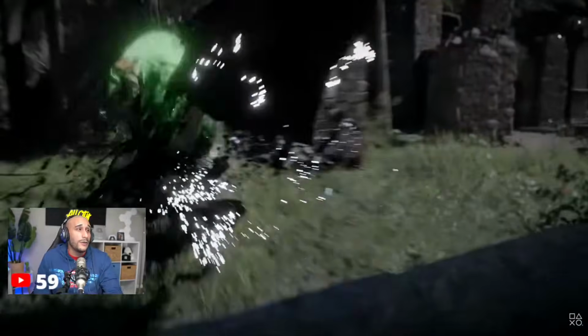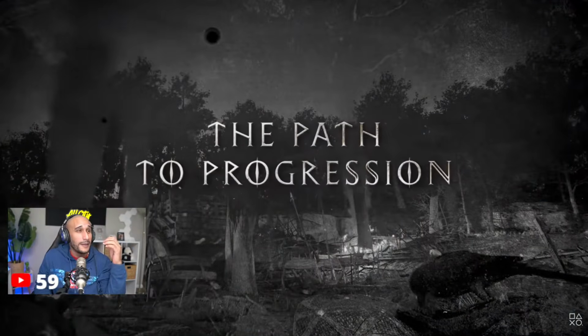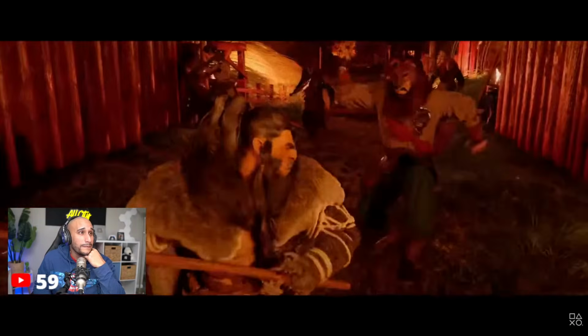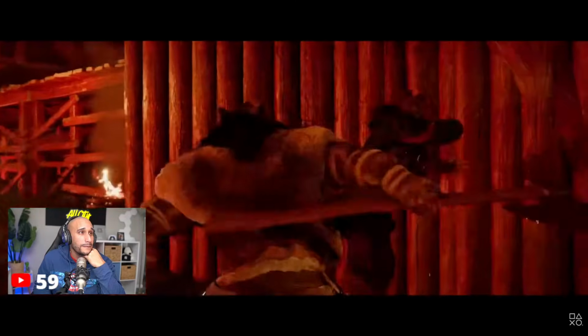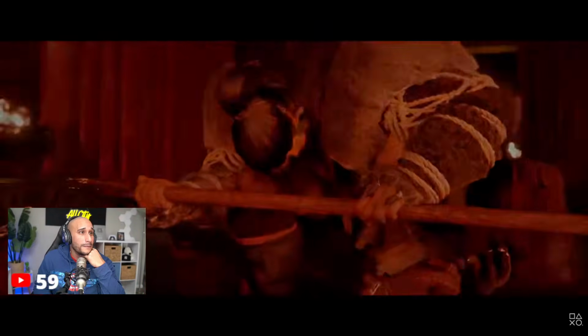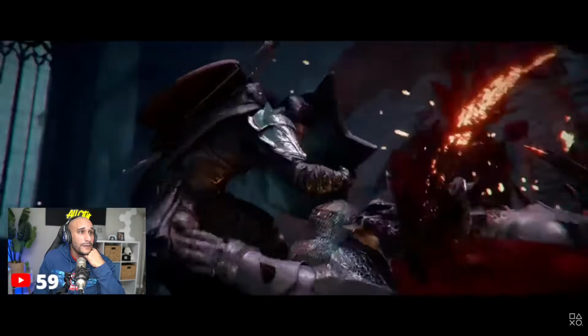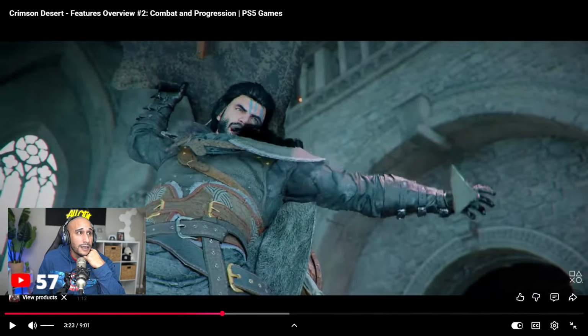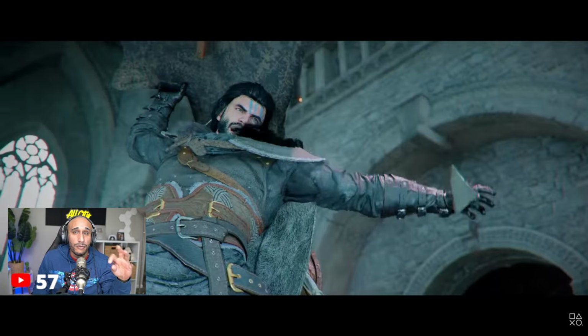Yo, look at the path to progression. Of course, the skills you've just seen won't all be available from the start. If you've seen some of our previous gameplay videos, Cliff is usually shown at a much greater height of his power. Cliff is the protagonist. That's Cliff right there. He's the main character, and there's been somewhat complaints that he looks too generic. So they recently announced that you're gonna have multiple playable characters.